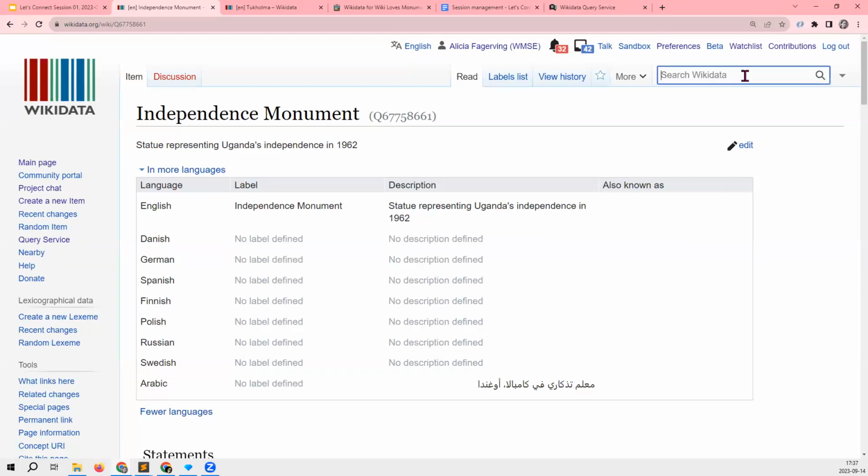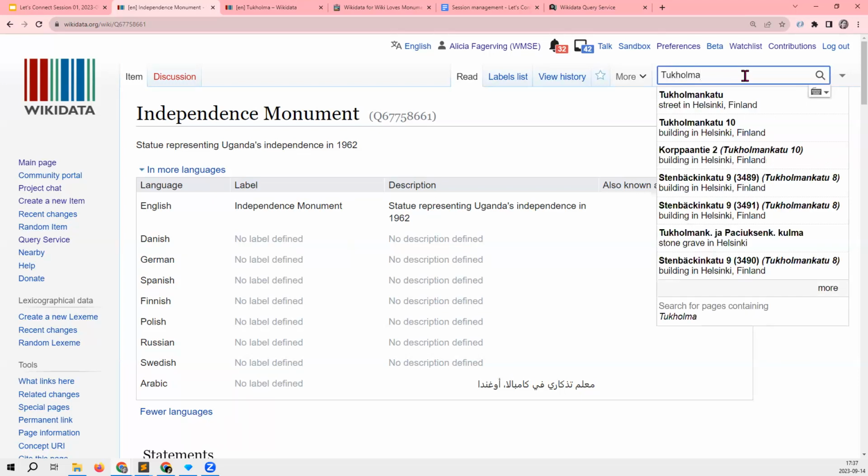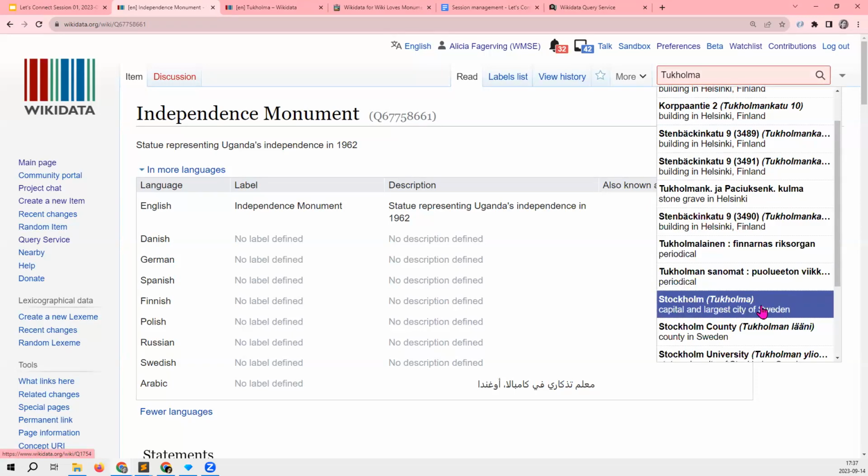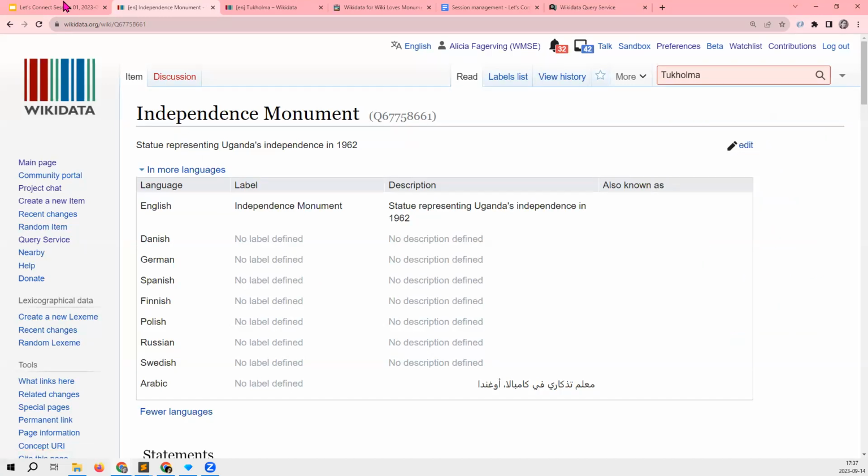I can search for the Finnish name of Stockholm, and I can find it, even though my interface language right now is in English. So this is why it's valuable to translate the labels and descriptions to many languages, because that makes it easier for people to find the items, regardless of what language they use.